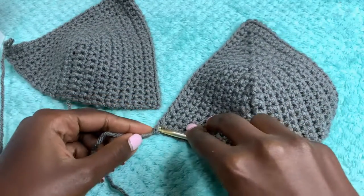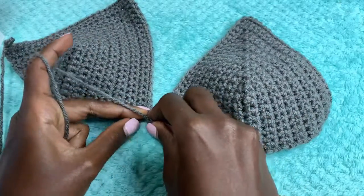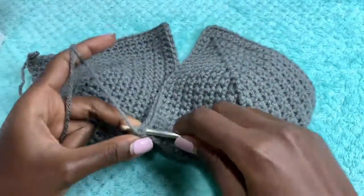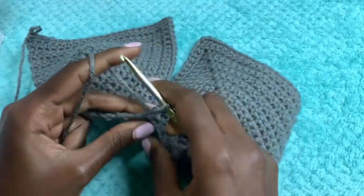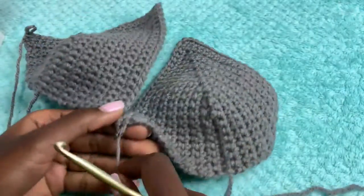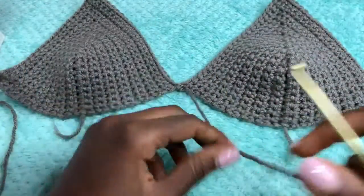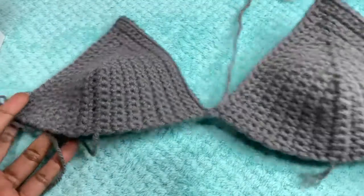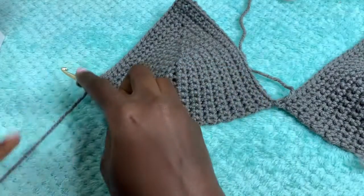So I'll go to my very last stitch here and go into this first stitch on this side, and then I'll pull through this yarn like that, and then chain 1. You can chain 2 if you want it to be more secure. That's okay. So we shall get a tapestry needle and try to hide this string, but for now we have this. We've joined the 2 bra cups, and then we are going to continue from this side,